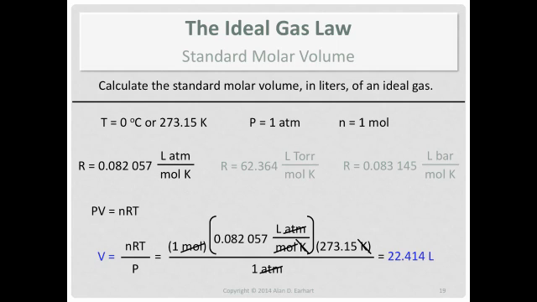Normally at this level, you don't worry about how many significant figures you have in R, as long as you have enough. And that's why in all 3 of those values I give for R, they all have at least 5 significant figures in them. They actually go out more digits. But there's some uncertainty that starts pretty soon in most of those. So 5 significant figures is enough for anything I'm going to do. Which means our answer gets 5 significant figures, 22.414 liters.